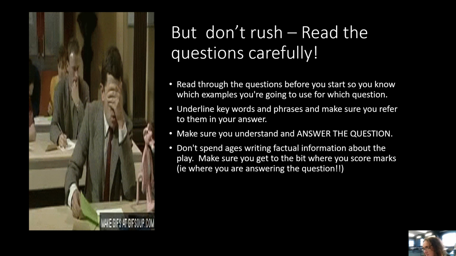So if the question is asking you about design for a certain scene or lighting for a certain scene, don't talk about the play itself and factual information regarding the play. Talk about lighting in this particular scene, and then you are answering the question. Finally,